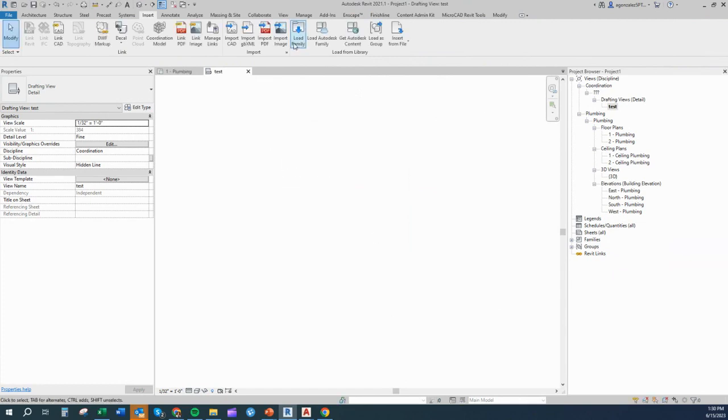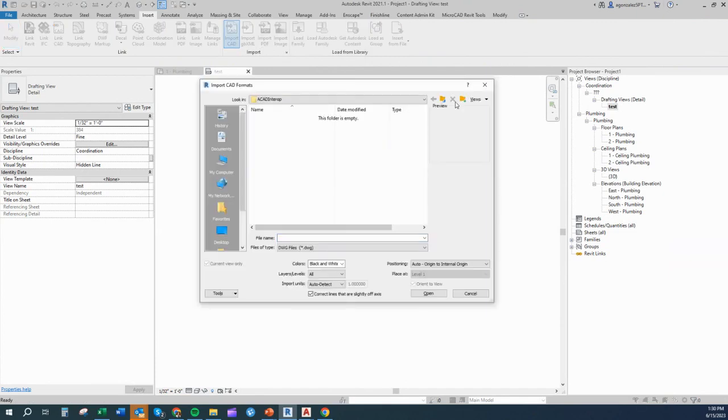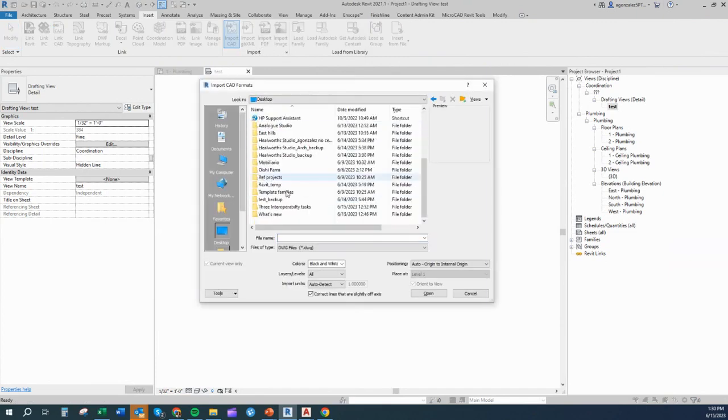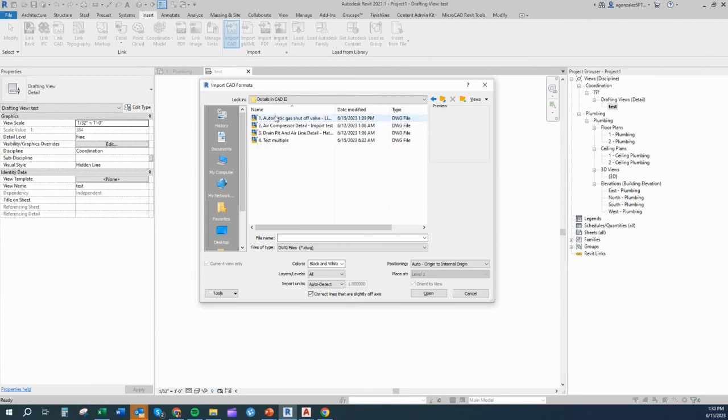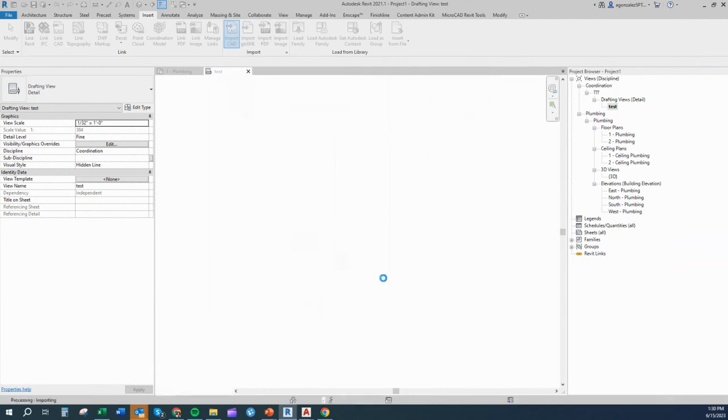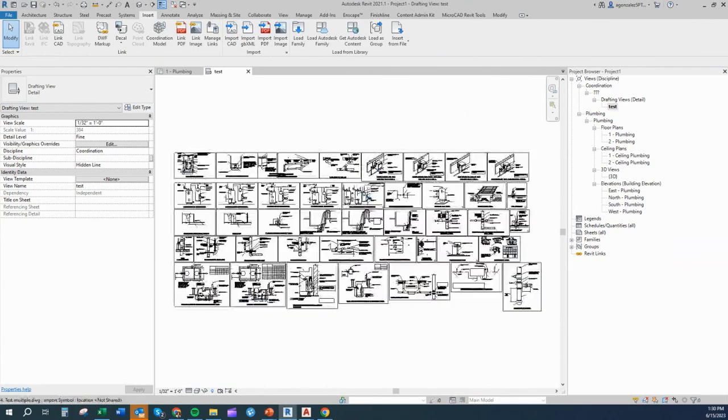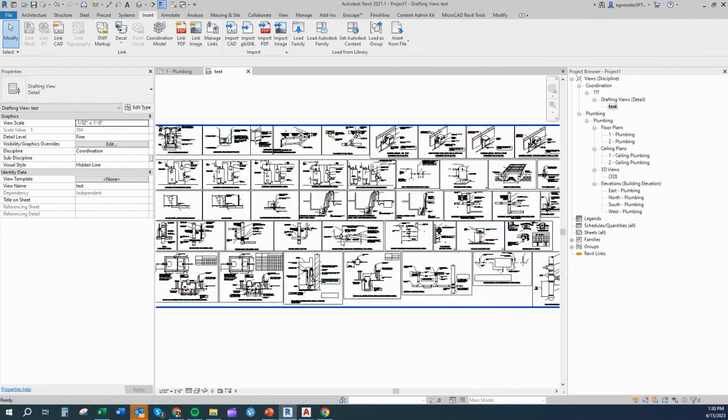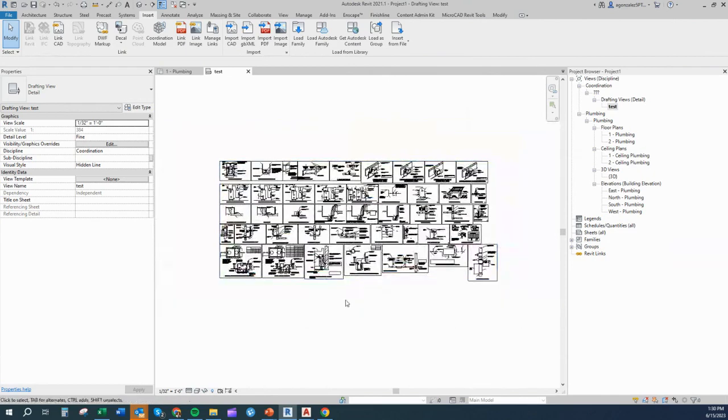I selected the wrong option. So in here, I'm going to use my test multiple. But Revit, I think, will not allow me to do this big thing. Oh, okay. This time it is allowing me to do it. But sometimes it says we have many objects